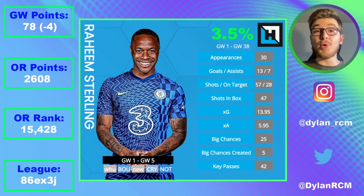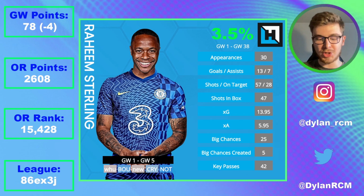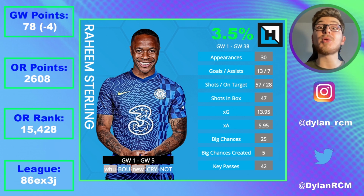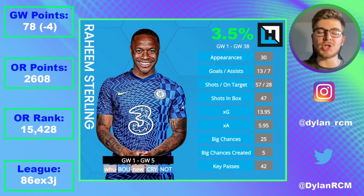Only 163 points last season, but the 8th highest scoring midfielder in the game. Only De Bruyne scored more FPL points amongst Man City midfielders, and he's actually had 3 seasons where he scored 200 plus points, which is incredible, and Sterling will be the main man at Chelsea, and I think that makes him much more appealing. If he had stayed at City, I don't think I'd be covering him at all, but the fact that he's on the verge of becoming the talisman for Chelsea, I think that just spells great news,